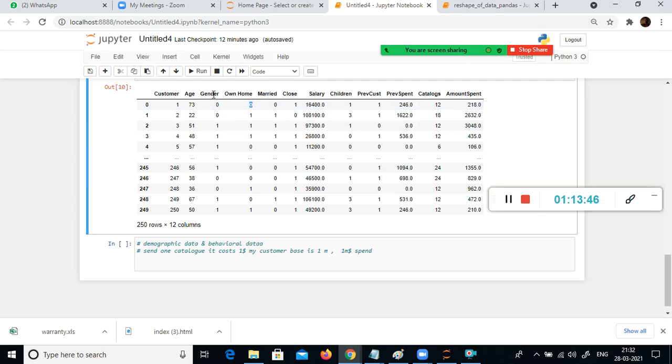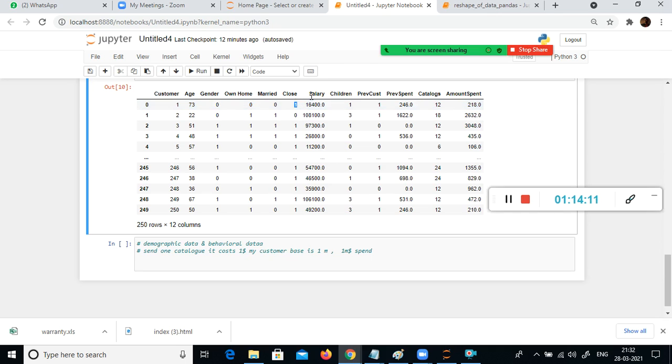As I told you, they've done some kind of encoding. These are all categorical variables. Here 0 says they are not married, they are not owning a house, and gender 0 means female. The age is 73. This customer is a female customer, aged 73, unmarried, and she does not have any house.